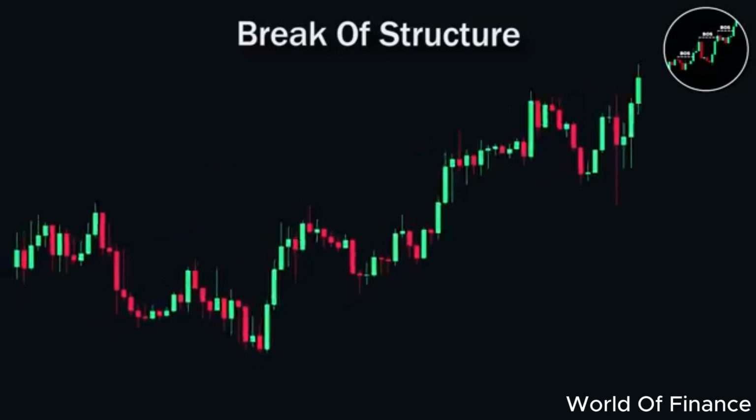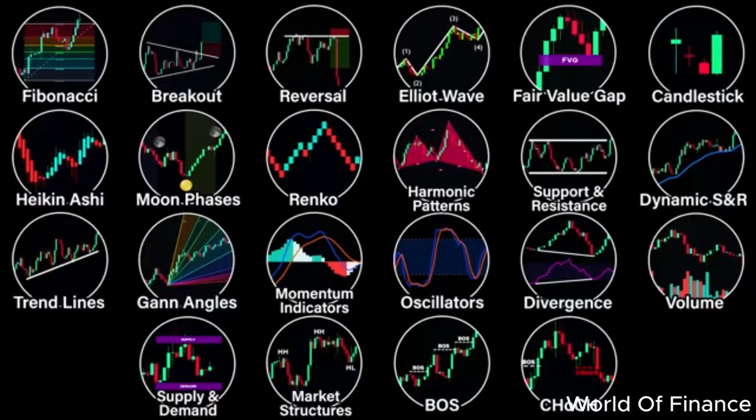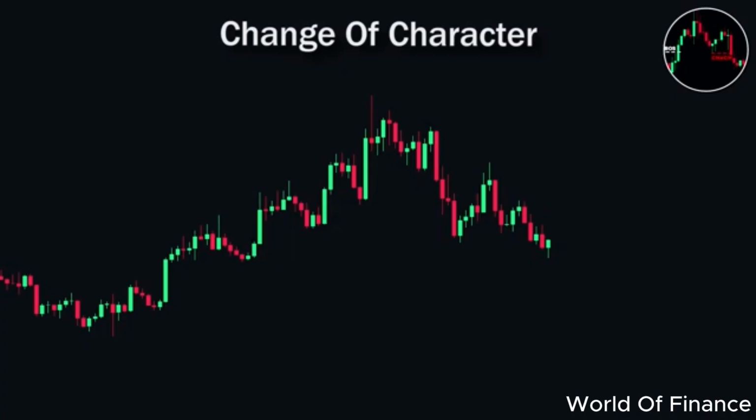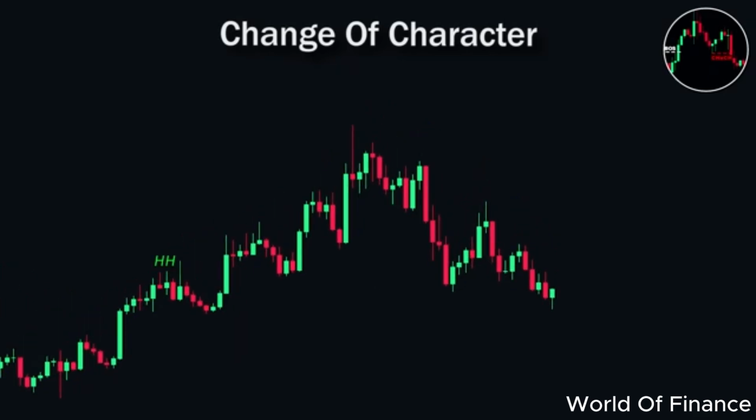For example, if the price forms higher highs and higher lows, this break of the previous highs is called break of structure. Change of character. It occurs when price breaks the previous structure during a trend, often signaling a reversal from that current trend. For example, if the price is forming higher highs and higher lows, then it breaks the previous lows forming lower lows. This is called a change of character. So,